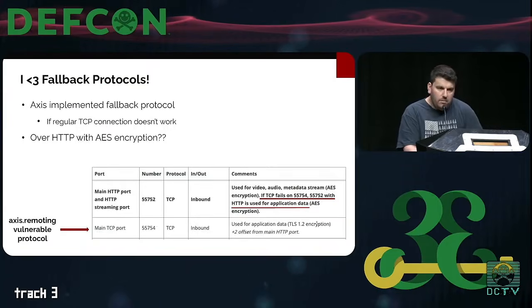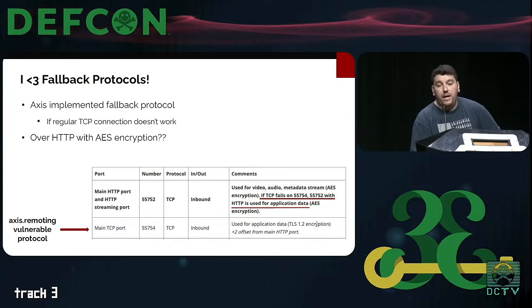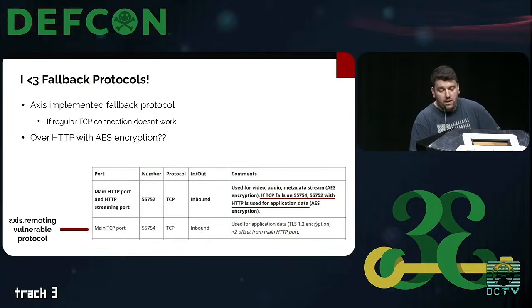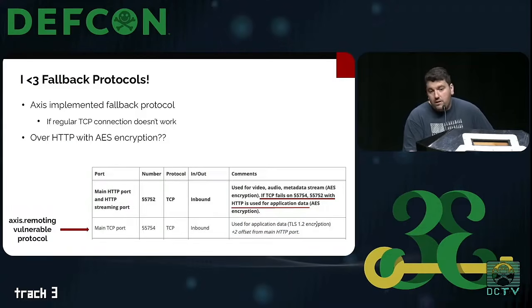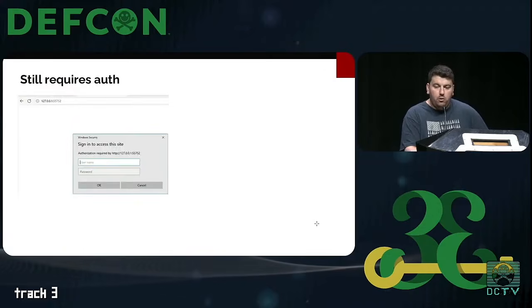So after a lot of time, I actually reached a dead end. I could not bypass the authentication on the Access Remoting protocol, simply because it was immediately requiring us to pass the NTLM challenge response upon socket creation. However, luckily, after sometimes consulting with the documentation of Axis, I discovered this tidbit of information, which is a fallback protocol. When the main TCP port is not accessible by the client, there is a fallback protocol using a different port. And when I read it, I saw this weird description about the protocol being HTTP with AES encryption, which sounded super, super weird. However, since it was HTTP, all I did was put this port in my browser,